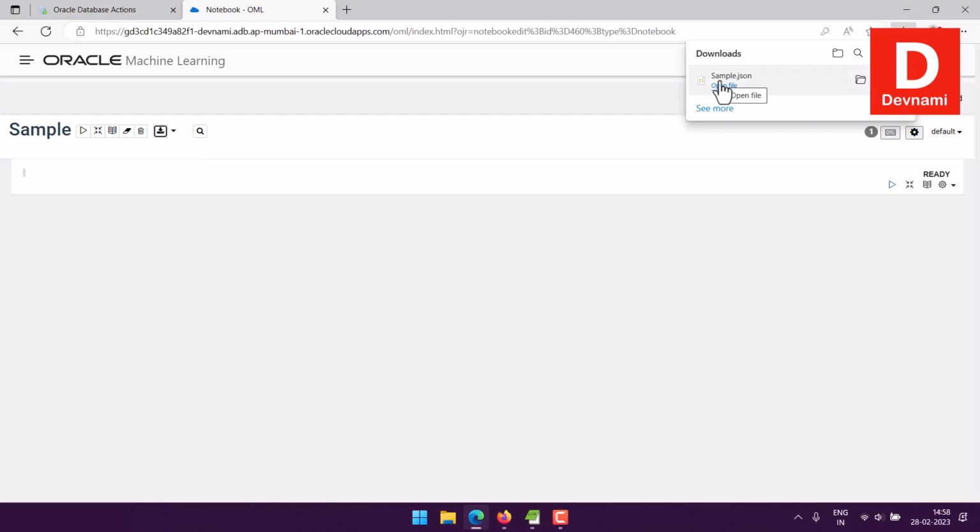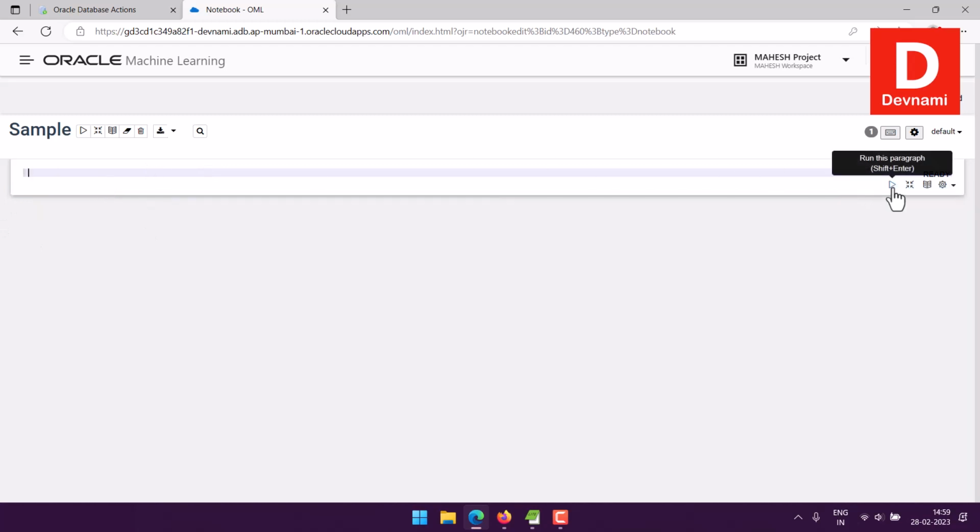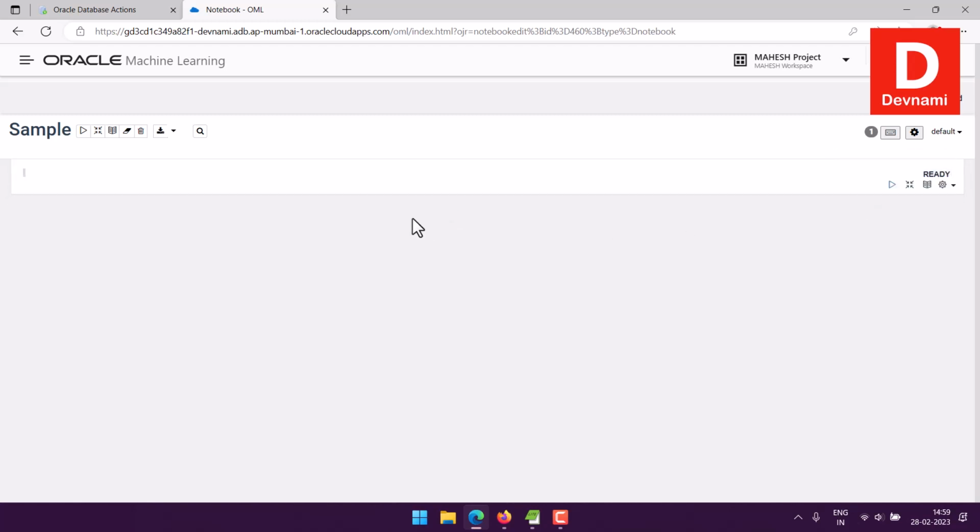You can also see the export, which is in JSON format. Then you have the option to search the entire code, and if you just want to execute this paragraph, you can use the run option or Shift+Enter, right? As you can see, we managed to create a notebook, or you can see the sample notebook in Oracle Machine Learning, and that pretty much does the work,